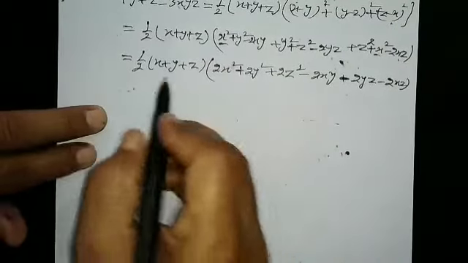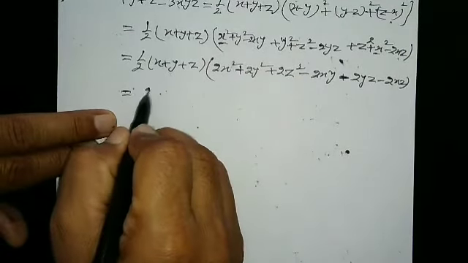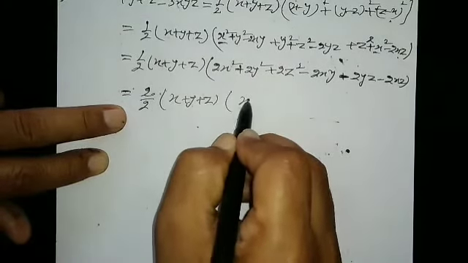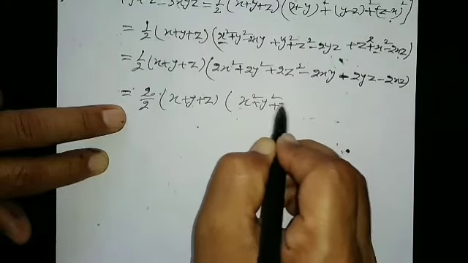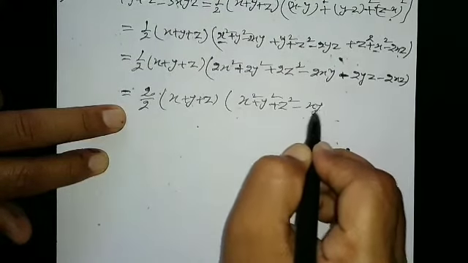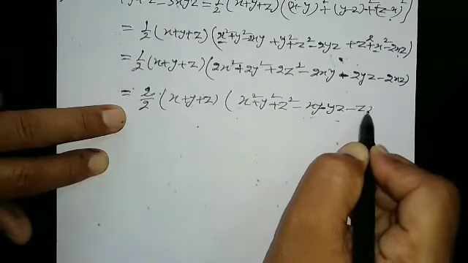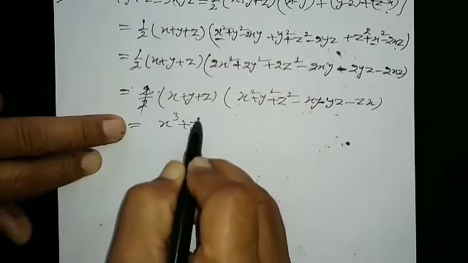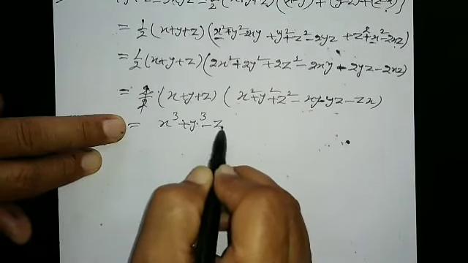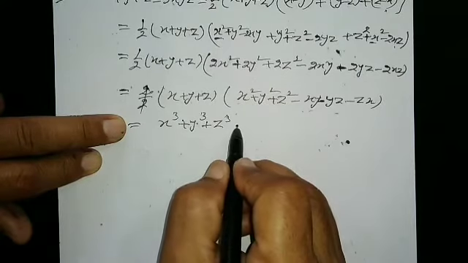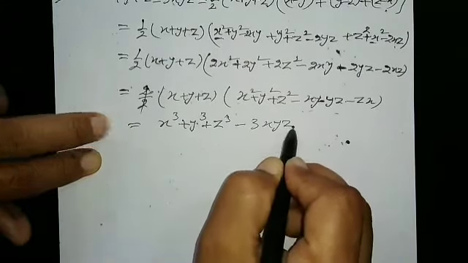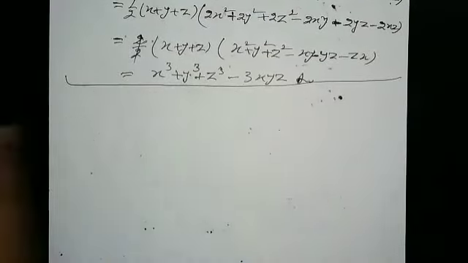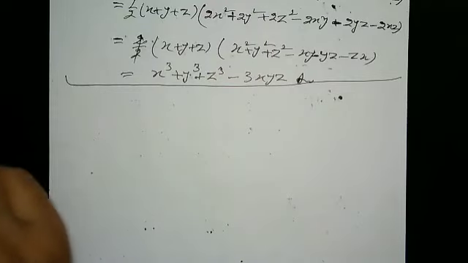As you see, 2 is common here, and we can take it common here as x plus y plus z, x square, y square, z square, minus xy minus yz minus zx. This 2 is cancelled, and we will get the identity as discussed above. Okay,